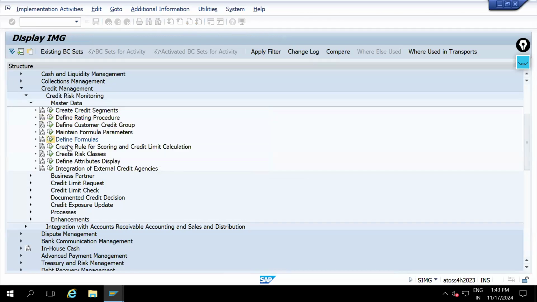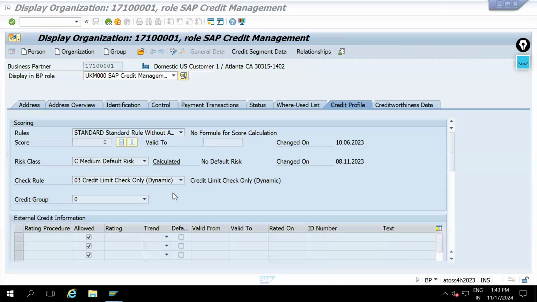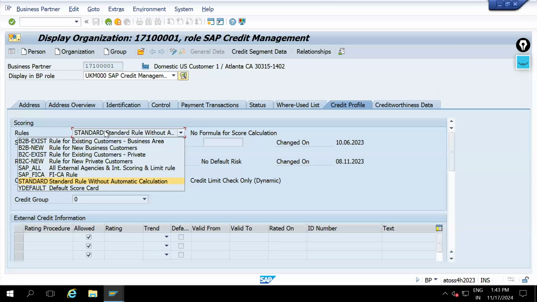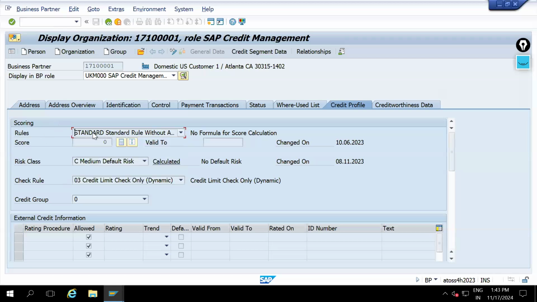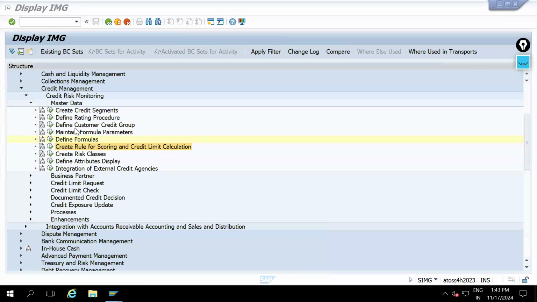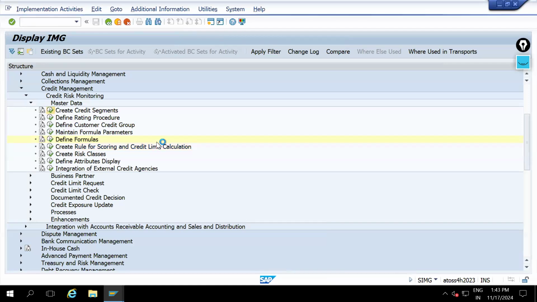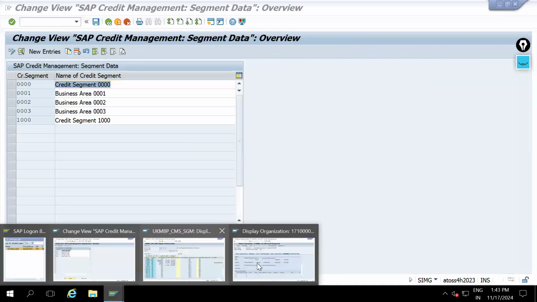So this rule is assigned here. If you look at this one, here in the BP, I just told you earlier also, this is the rules. This rules is assigned here. This rules is basically holding, as I said, the rating procedure in the formulas. Then the credit segment. The credit segment is also very important because in the business partner here, you can